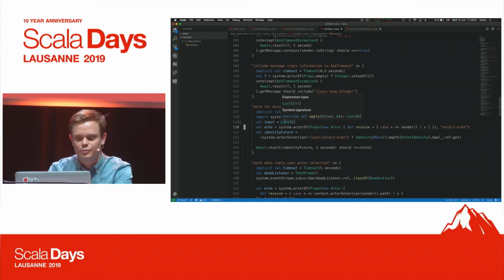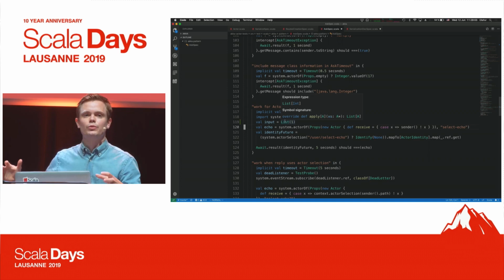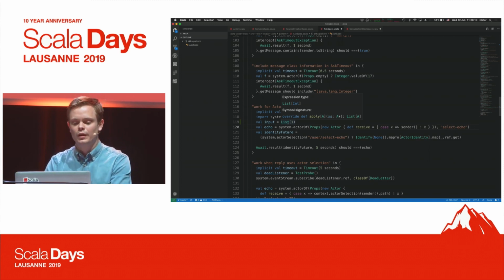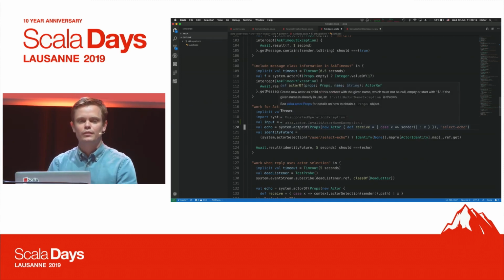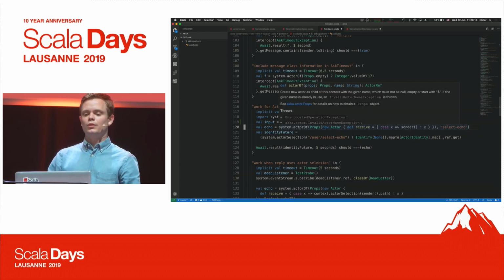It's highlighted, but it's a bit difficult to see now. We also show you the generic signature of the method that you're calling, because I think both pieces of information are really helpful. And if you hover over a method that has some docstrings, we'll also give you nicely formatted docstrings.